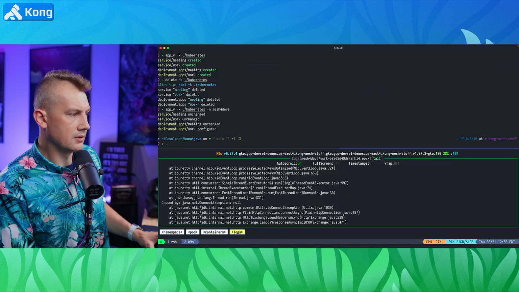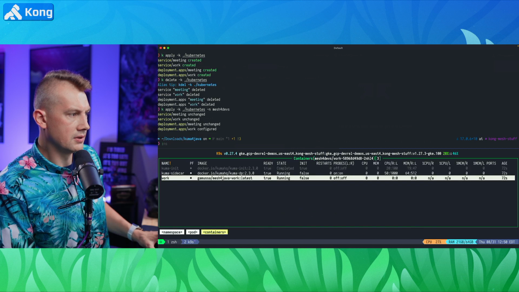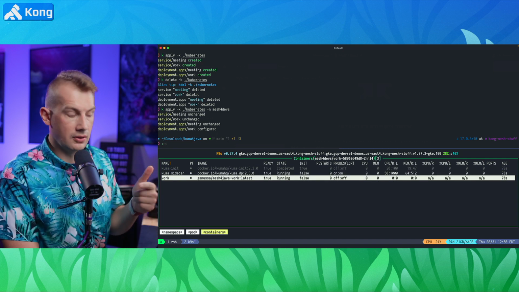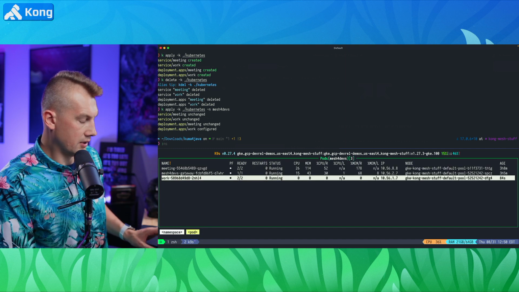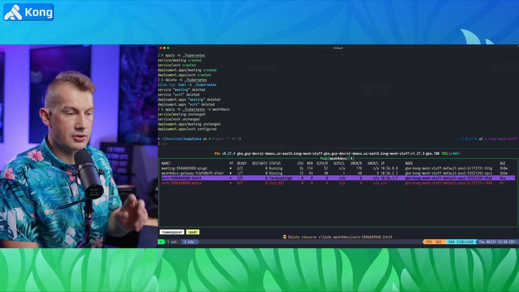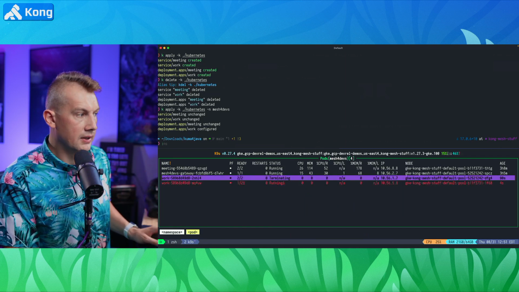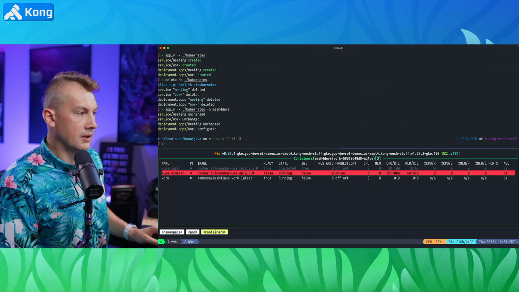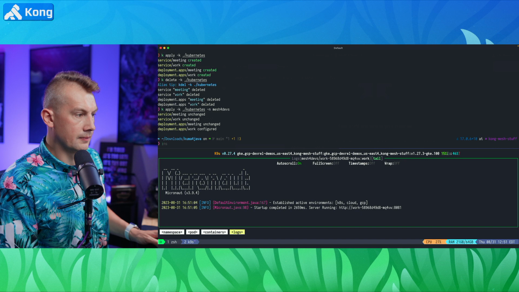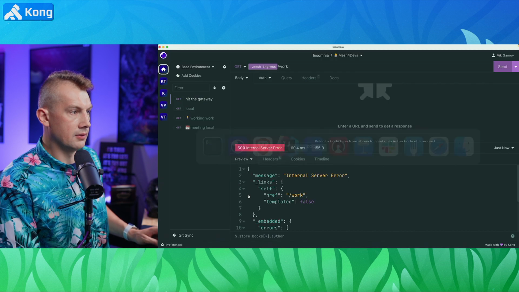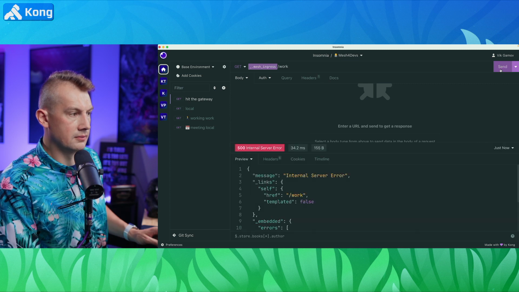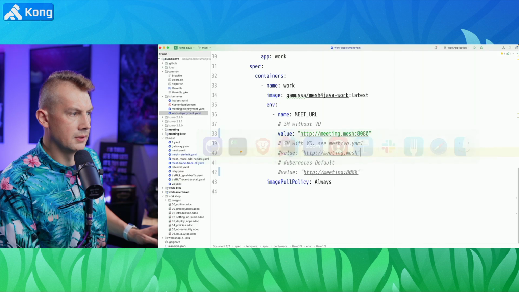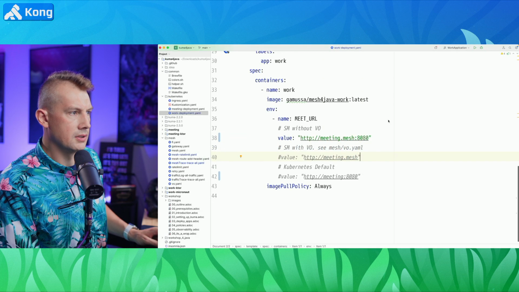That's interesting. That's interesting because I need to redeploy the work application, because the previous configuration is still there. So what I need to do is just redeploy the work application, so the new configuration will be injected inside my work application. Application is up and running. And when I run this, still not. Why not? Should be